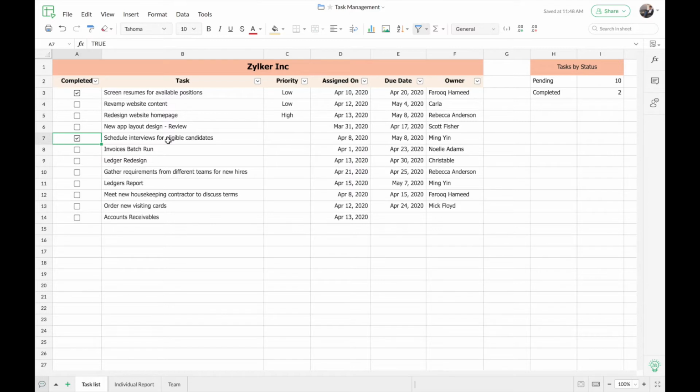Now in the second column, we have already filled the list of tasks. So we'll move on to the third column where we have the priorities being listed. Here you can see I've already filled the priority for 3 tasks, but I still have a lot of cells remaining. Now let's say we have only 3 types of priority that can be given to each task, that is low, high, and medium.